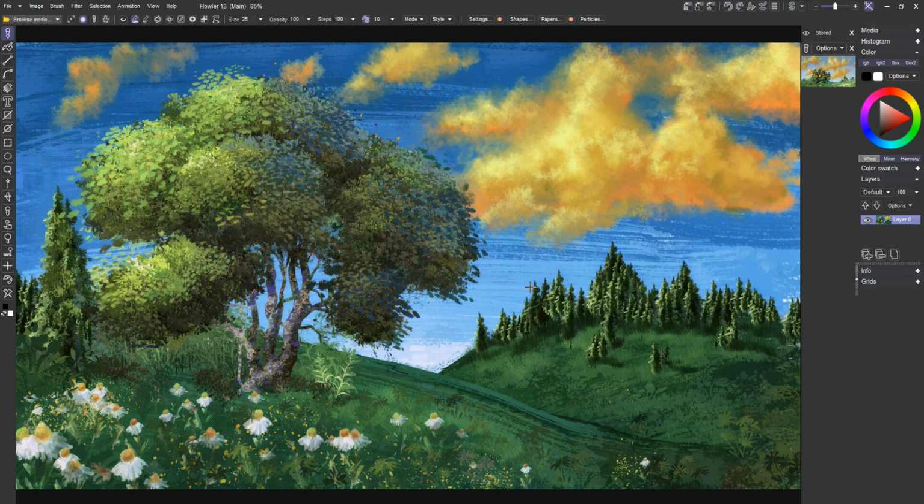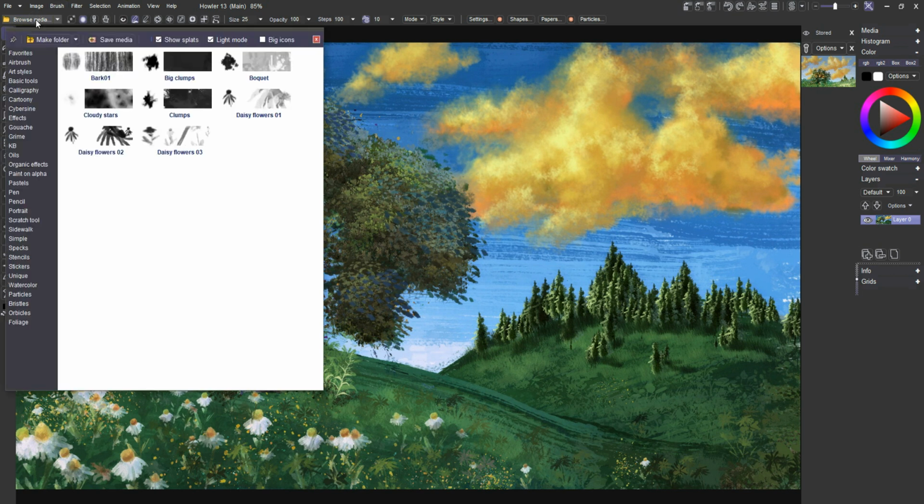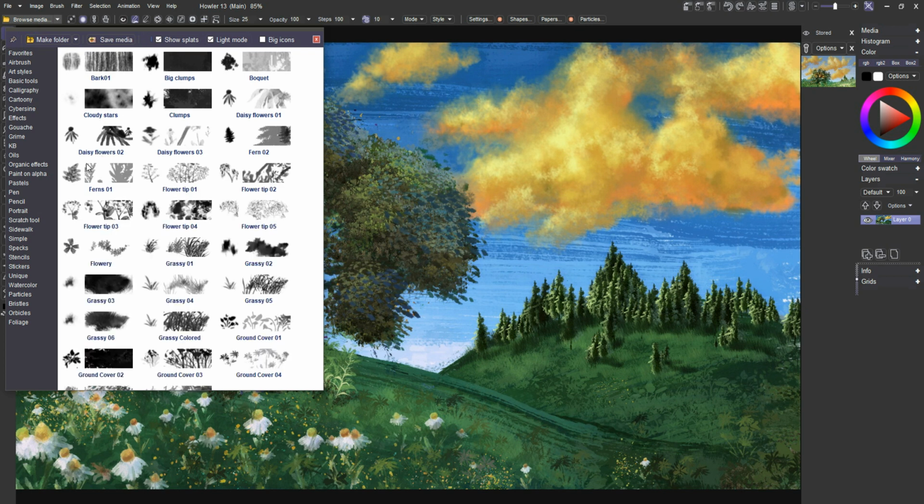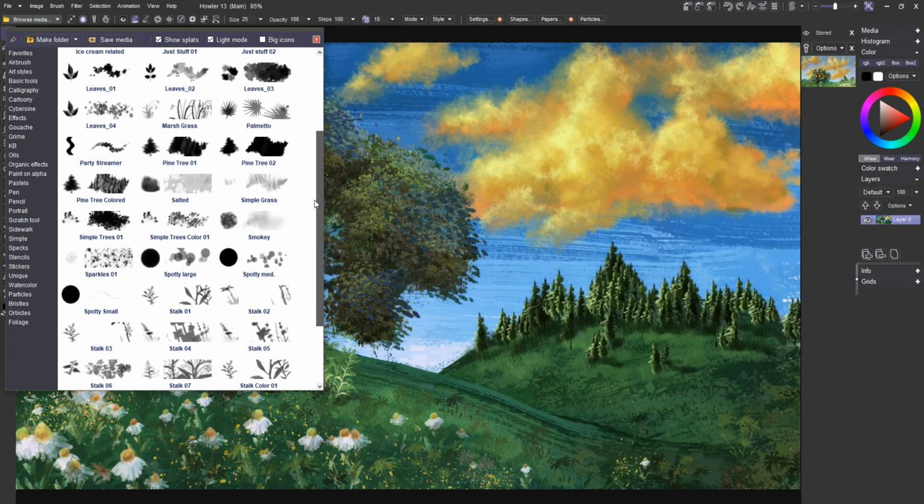Hi again, and today we're going to be talking about building a custom brush, and not just the custom brush itself. We've talked about that many times before, but pretty much creating a media from start to finish. And a media is basically a custom brush plus the various settings that you have with it. So anytime you open up something from the Browse Media folder, these are basically just medias that have been created inside of Howler. There's nothing really magical about them other than the fact that yes, we can create these on the fly in Howler and save them out as a media,